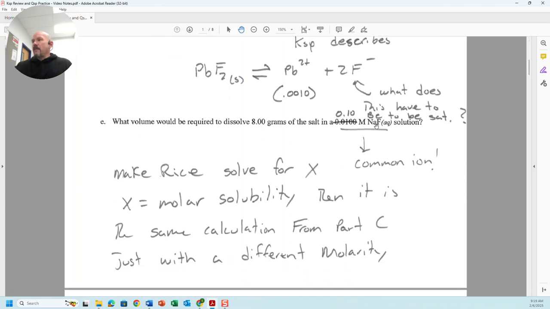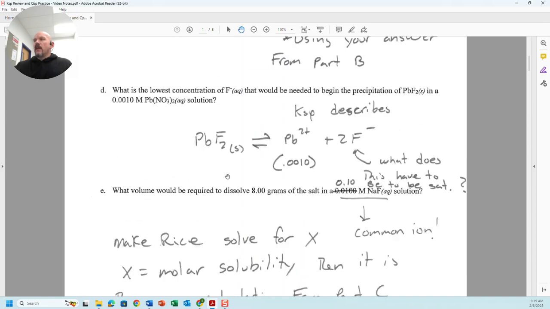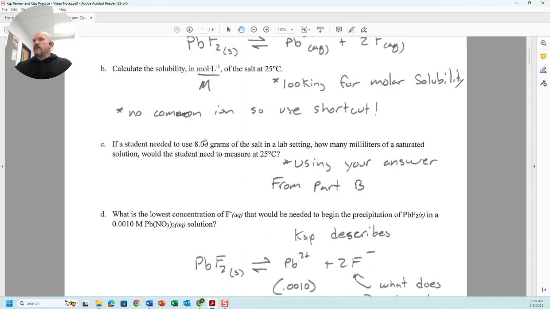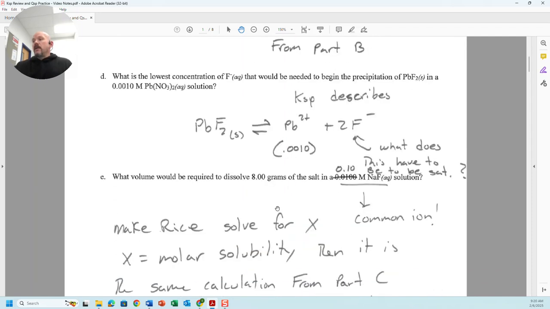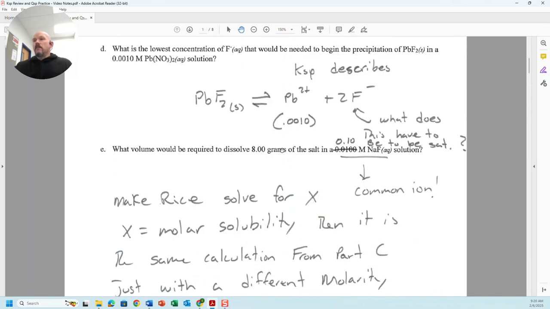So part E, we have a common ion question. Understand what we did in part C. We figured out how many milliliters of solution 8 grams of the salt would be in if you were just dissolving the salt in pure water. But here we want to know how many milliliters of water, and it just says volume, so we could stop at liters. What volume do we need to dissolve 8 grams of the lead fluoride,